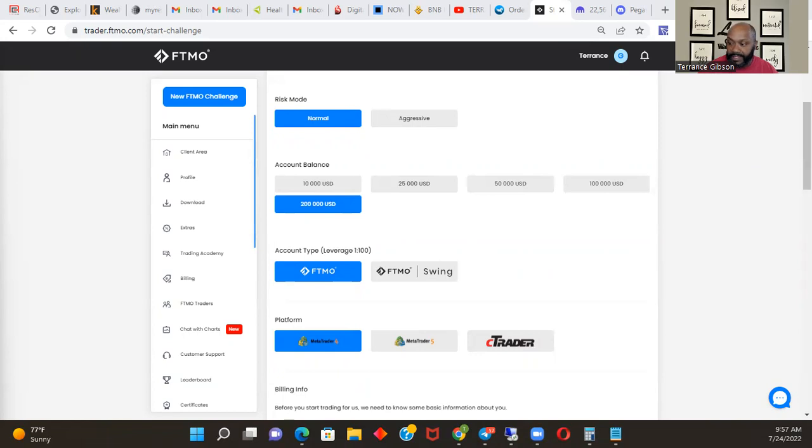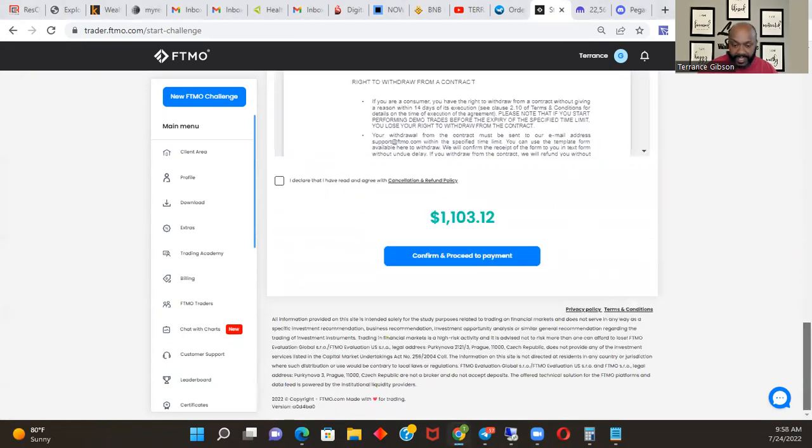But the different prices that you'll have are based on which one you pick. So obviously, the $200,000 account is $1,103. You get this money back when you pass both phases. So it's really like an investment in yourself. It's really like free. I mean, if you look at it, you pay $1,000, you pass two phases to get $1,000 back, and now they'll let you trade somebody else's money